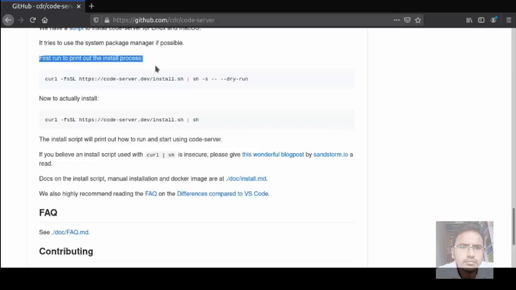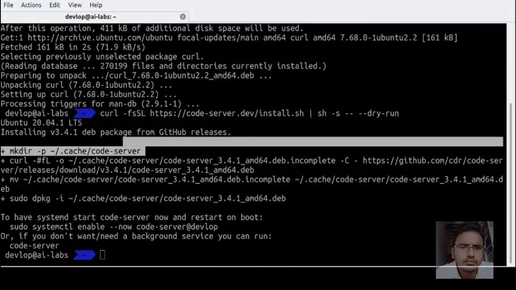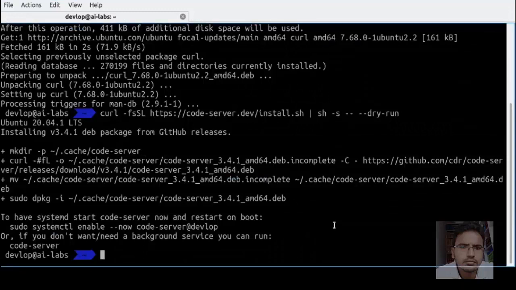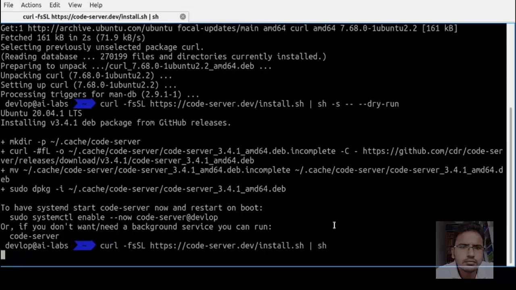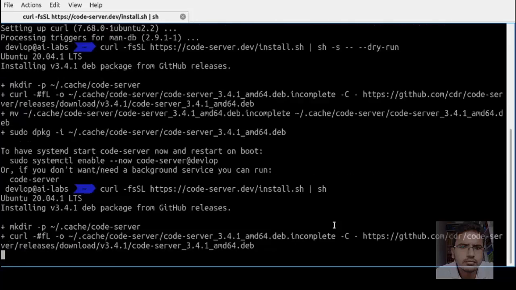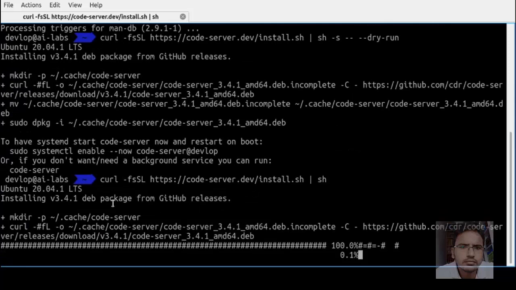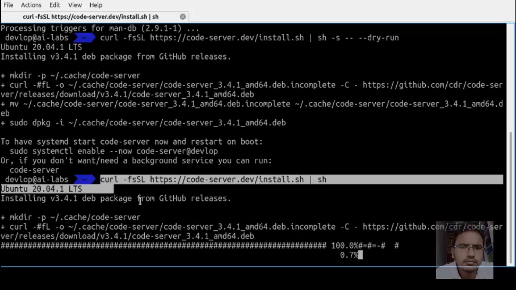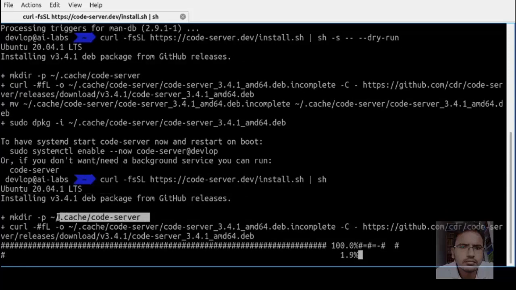Now we will install code server with the help of this command. Run this command to install the code server. It will create the code server folder in the .cache folder and download the Debian package.